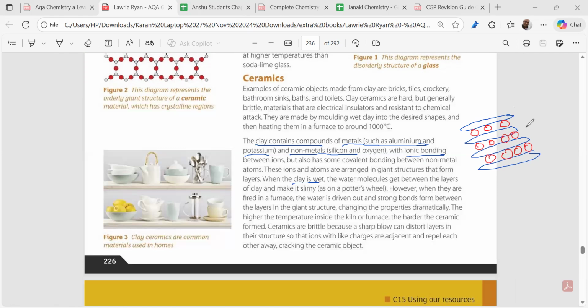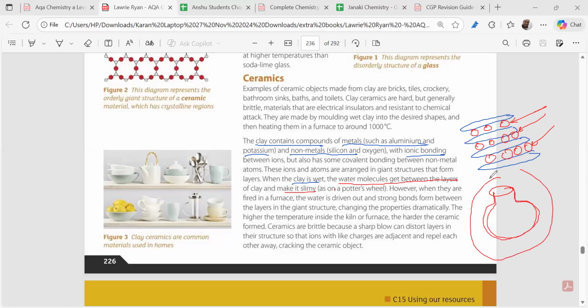Potassium oxide, ionic compounds. When the clay is slimy, the water separates the two layers of the ionic compounds, not allowing them to come closer. Thus, wet clay has water molecules in between the layers, and it's slimy. Now, when you take wet clay and shape it into a pot on the potter's wheel,